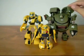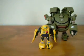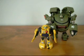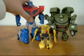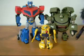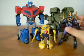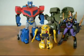And there you have Bulkhead and Bumblebee with a much better representation of one another in terms of scale, along with the Voyager class Optimus Prime. As a reference for an average size Deluxe class figure, here's Black Arachnia. So she does tower over him, maybe a little too much, but it's more to scale to me than the